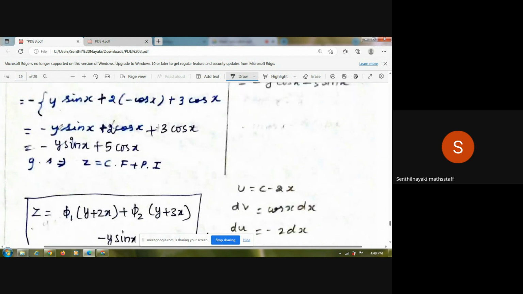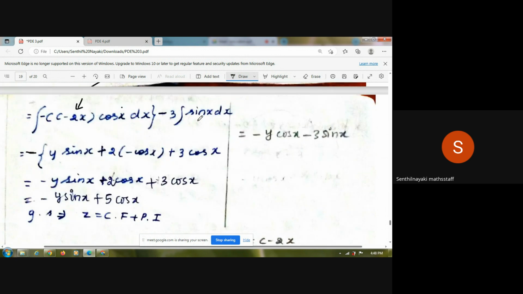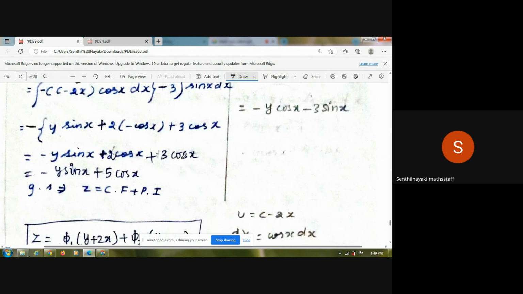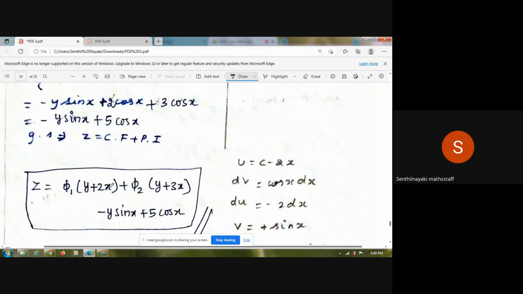So minus y sin x plus 2 cos x, because one minus sign is outside, so minus y sin x, minus into minus plus 2 cos x, here plus 3 cos x, because after integrating sin x we get a minus cos x, so minus into minus is plus 3 cos x. So here 2 cos x plus 3 cos x, so we get 5 cos x, so minus y sin x. So this is pi, therefore the